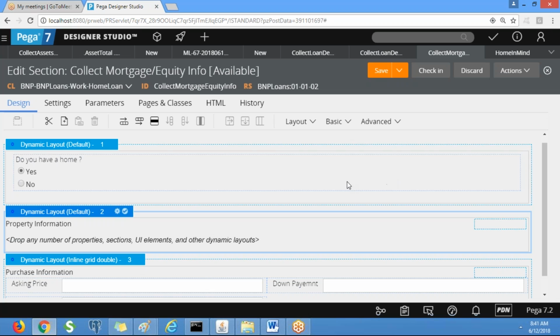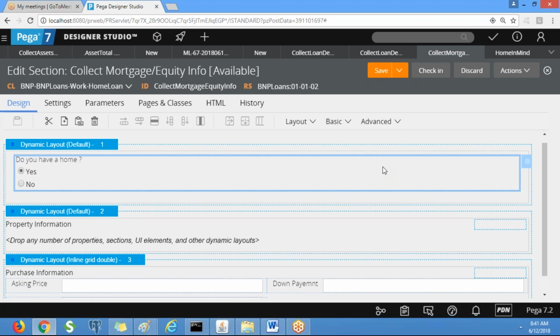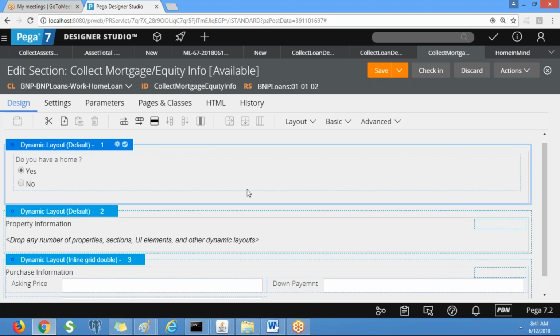So that is dependent on a property. So we'll be using one property called use current address. Okay. So if the user selects use current address as yes, we need to copy from the borrower screen. So in the first screen we have address details, right? Permanent address and current address. So from there we need to copy. So that you can do.